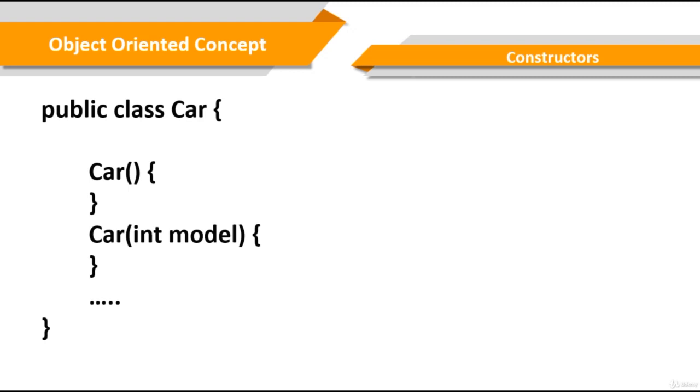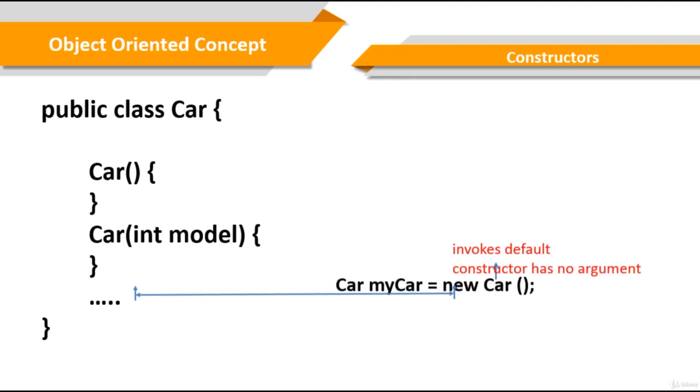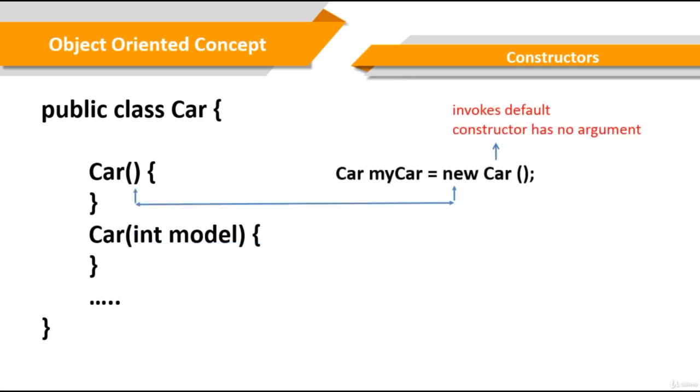Now, as you can see in our example, a class can have more than one constructor. So in order to understand the working of a constructor, take this for an example. Let's say we have a class car, and when we create two objects of car, in creating the first object, the new keyword here creates the object of class car and invokes the default constructor, which has no parameter to initialize